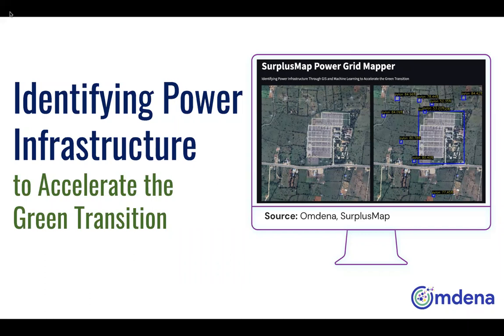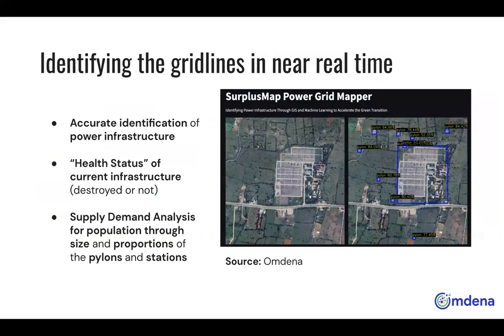Hello everyone. The team at Omdena collaborated with SurplusMap to build an application to identify power infrastructure to help accelerate the green transition. The area in focus for the model creation was India, but it can be used for any place as the user wants. The aim of the product was to accurately identify the power infrastructure in the areas in real time and determine their size. Real-time classification of the infrastructure into power stations, substations, and pylons can further be used to determine whether